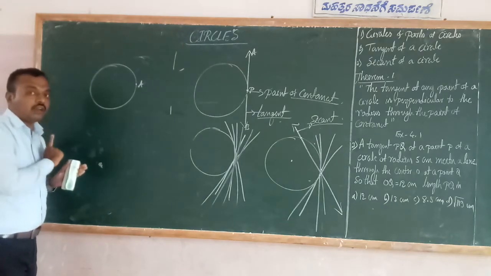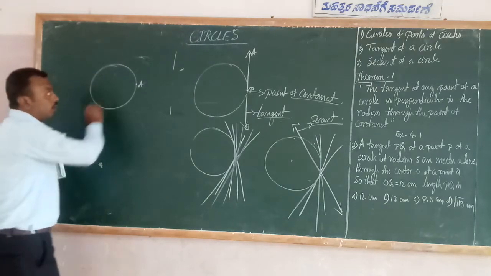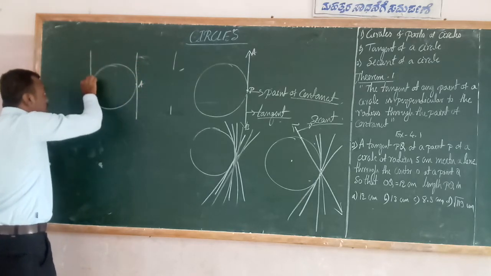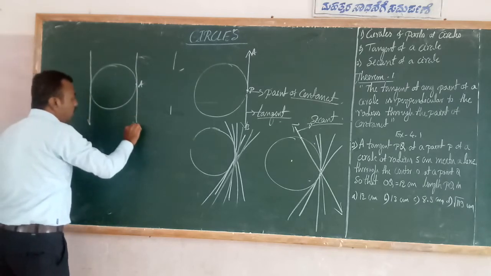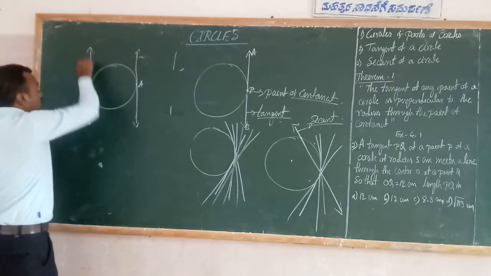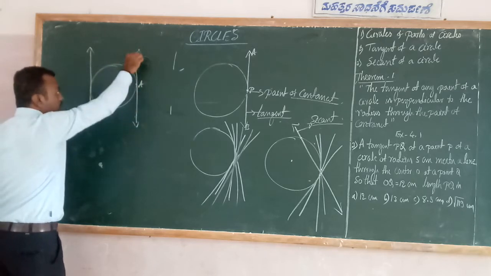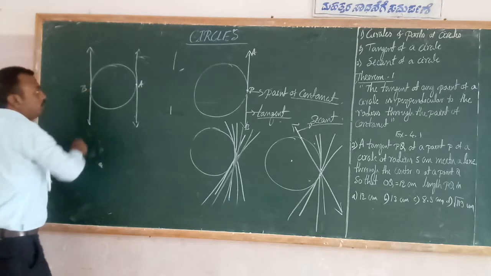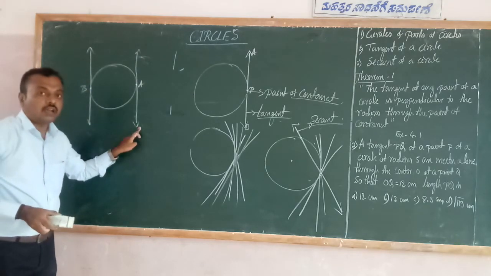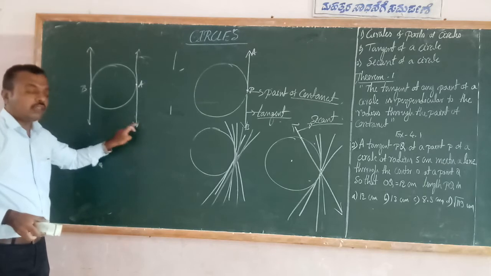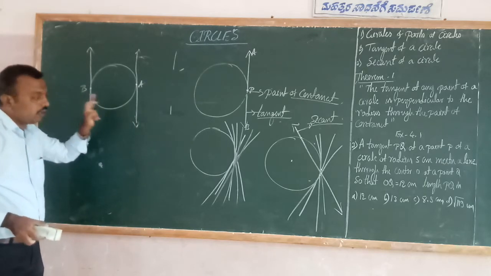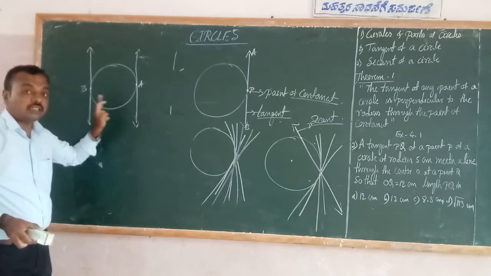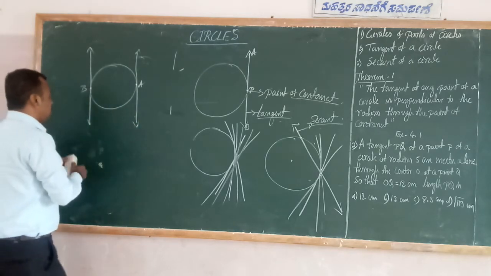At one time, how many pairs of tangents can we draw in a circle? Only one pair, that is two tangents. If you draw two tangents at different points, this is one of the tangents and this is also a tangent. This line touches the point A, this line touches the point B. These two tangents are parallel to each other. When two tangents are drawn in a circle like this, they become parallel to each other. Okay, so next student,